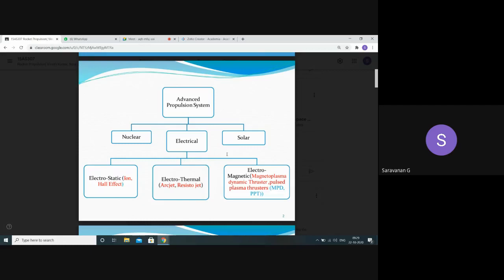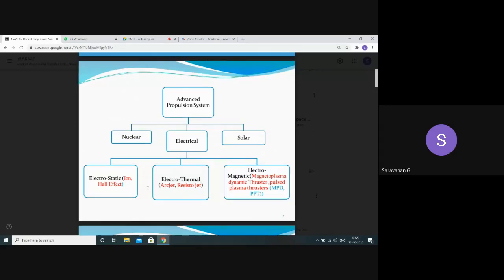That is, we had one concept called the Hall effect. Already we had it in your basic science studies, physics and all. If you don't know, you can recall it. It is there already in your school science, basic sciences that you learn in school, as well as in first year physics. So with the basics of ion propulsion, we have electrostatic and its categorization. We have two methods called ion thruster and Hall effect thruster. The first one is based on the ionization principle. The second one is based on the Hall effect principle.